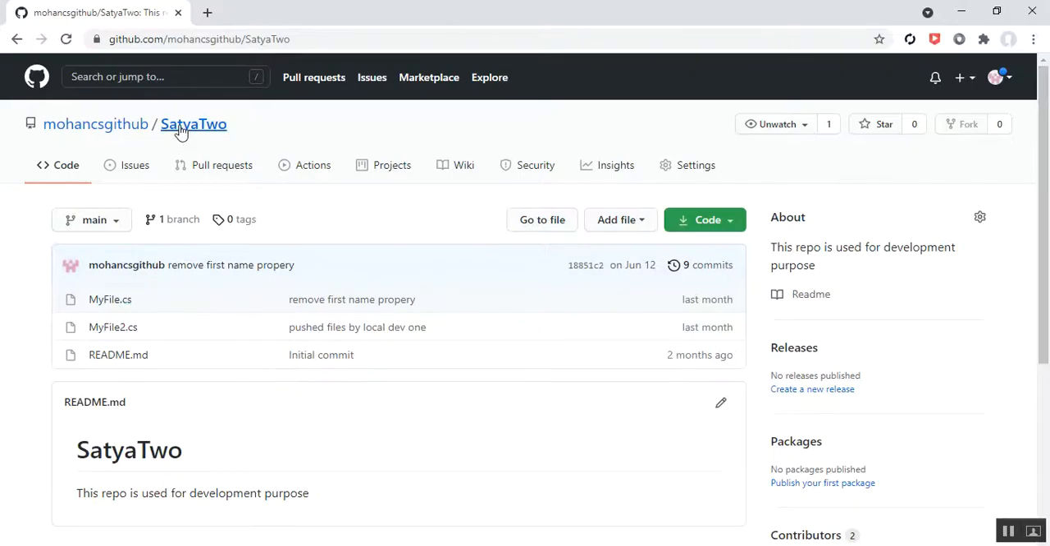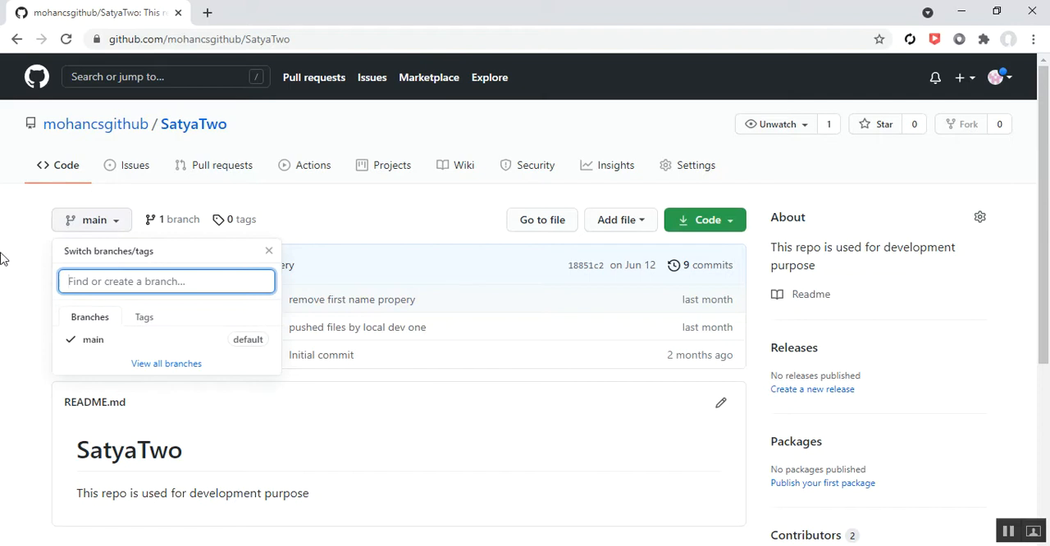Here the Satya2 repository comes under the main branch, that is the default branch, and I will create another branch called testing branch. What I'll do is click this drop down, and here you can see "find or create a new branch". I'll type the branch name, testing, and below you can see a line that shows "create branch testing from main",